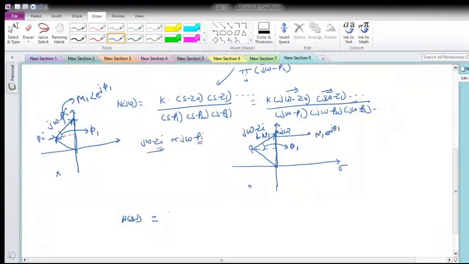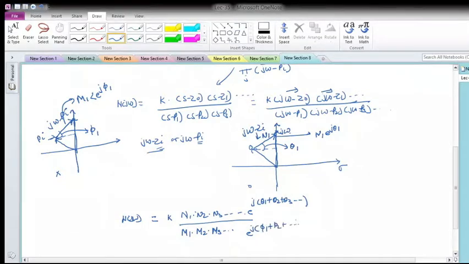So this network function can be written as K times n1 into n2 into n3 like this, divided by the magnitudes from the poles m1, m2, m3, etc., with angle e raised to j (theta 1 plus theta 2 plus theta 3) over e raised to j (phi 1, phi 2) like this. Okay,